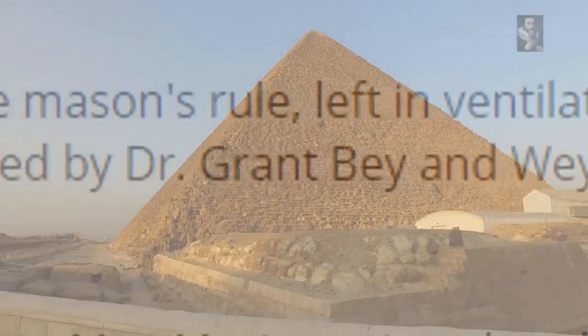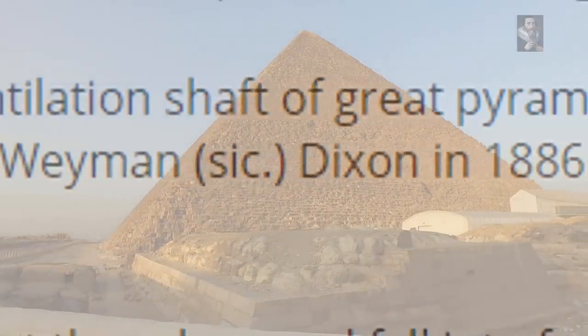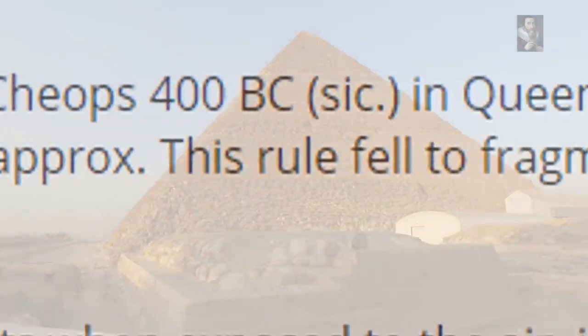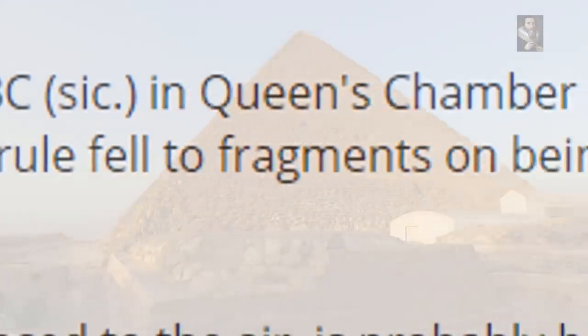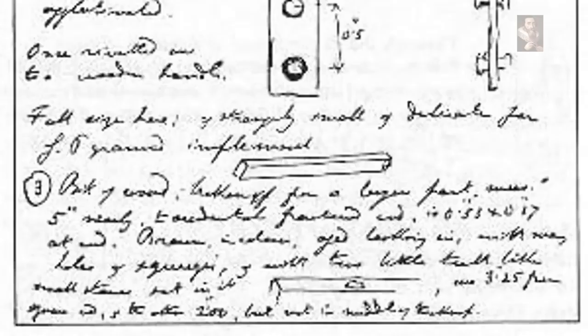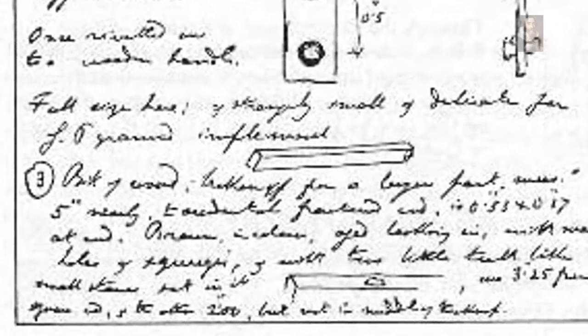Item 2, Stonemason's Rule, left in the ventilation shaft of the Great Pyramid of Cheops, 400 BC, in the Queen's Chamber, and discovered by Dr. Grant Bay and Waynman Dixon in 1886. This rule fell to fragments on being exposed to the air. The reason Mrs. Maurice writes the rule of rod fell into fragments when exposed to the air is probably because